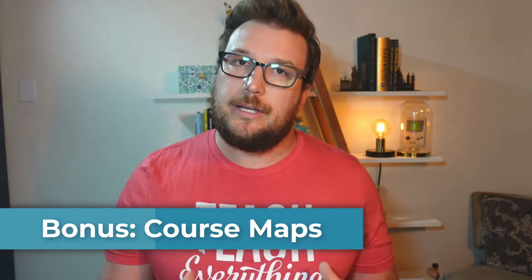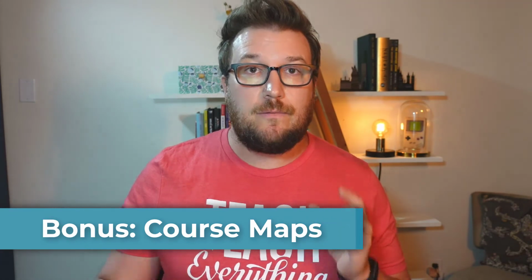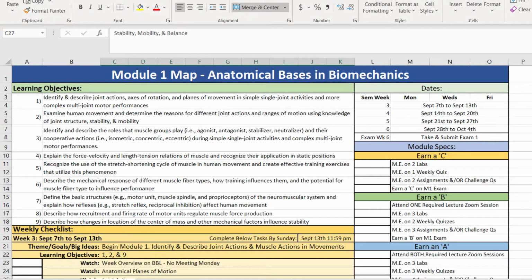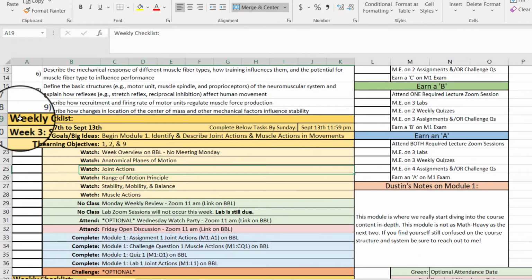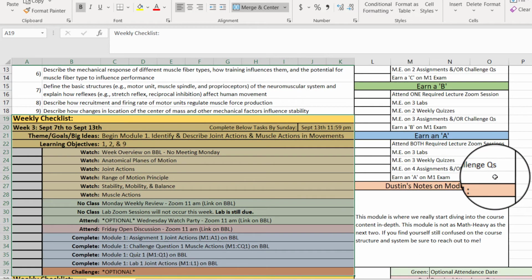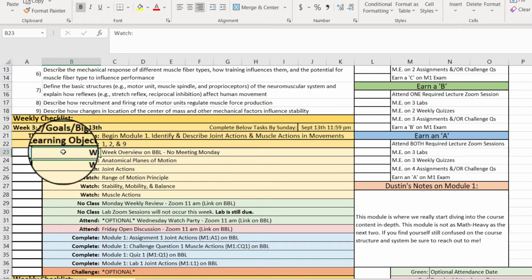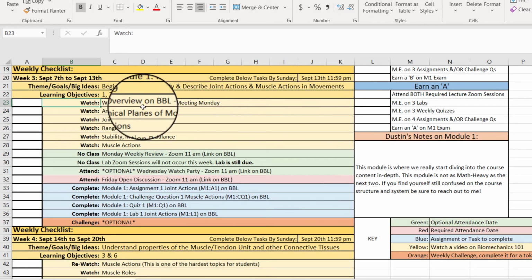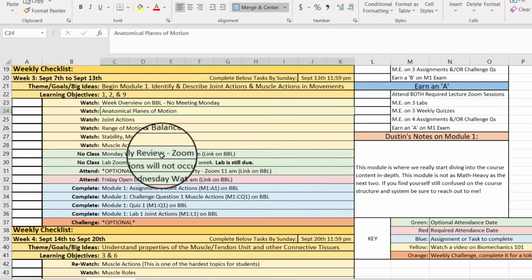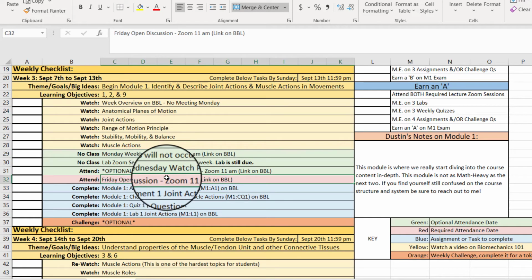The bonus tip I have for you is to get really organized and be very clear of your content expectations. And one of the ways that you can do that is actually using what I like to call a course map or a module map. And this is a detailed document that gives my students exactly what they need to do every single week. They have their steps, they have it color coded, they know that yellow is something they need to watch, they know that green is an optional attendance day, red is a mandatory attendance day,